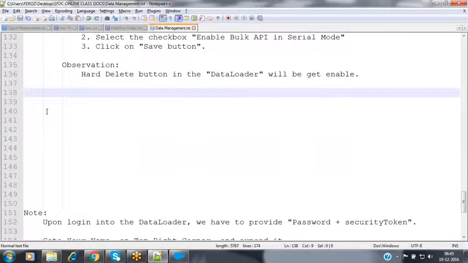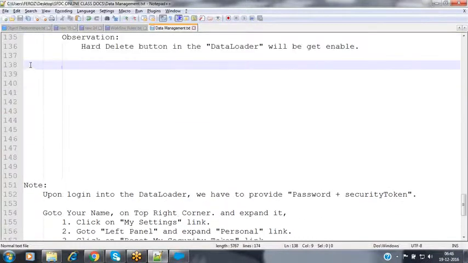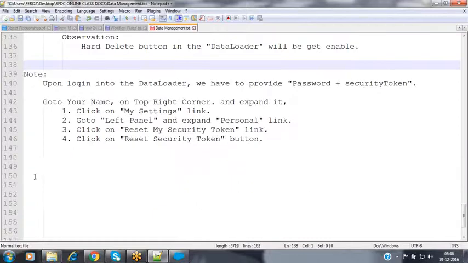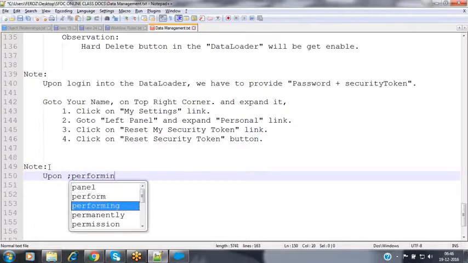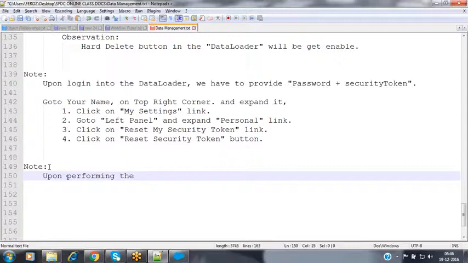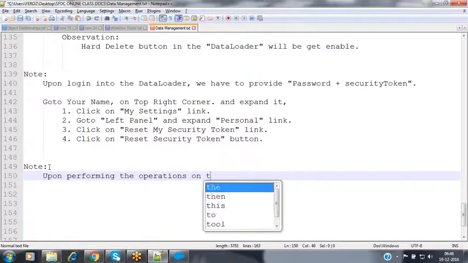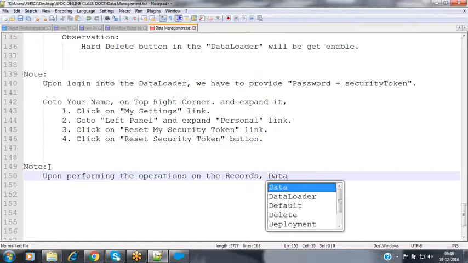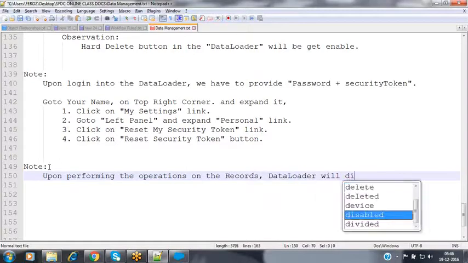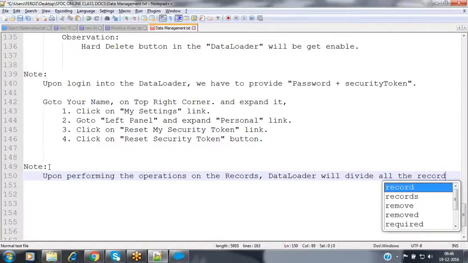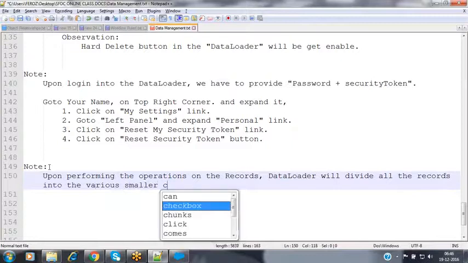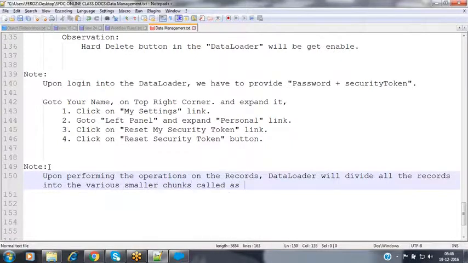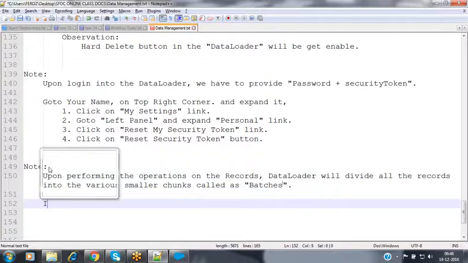Now I'm giving the note point. Upon performing operations on the records, data loader will divide all the records into various smaller chunks called batches.